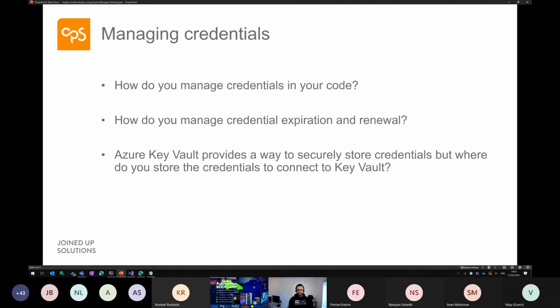But how do you actually connect to it with credentials? And where do you store those credentials? You can't actually store them in another Key Vault and then you have another key. Do you just have a master key locked away somewhere that you can access everything with? So yeah, this problem exists, and it's real, and it can have some big problems if you don't manage your